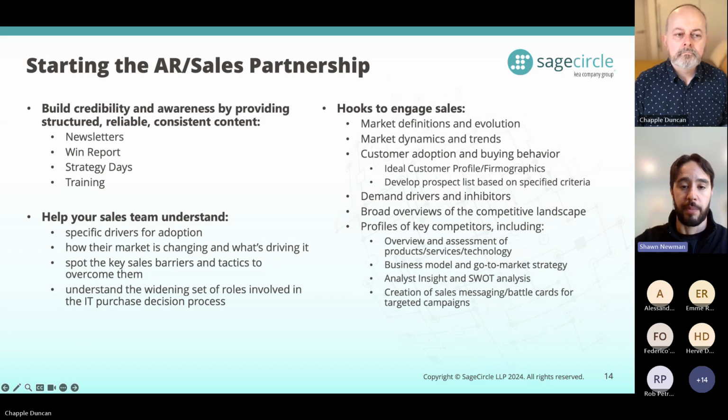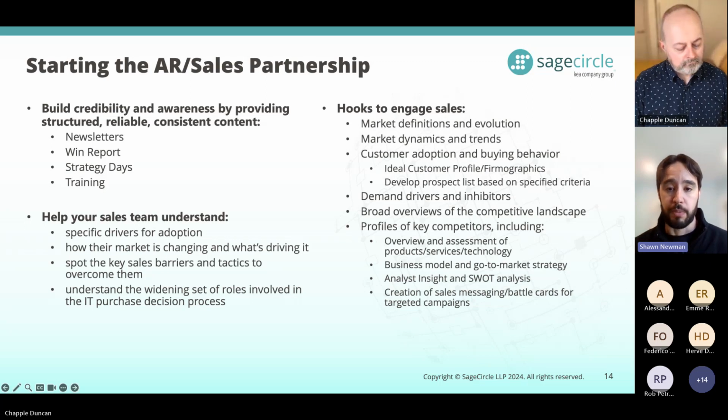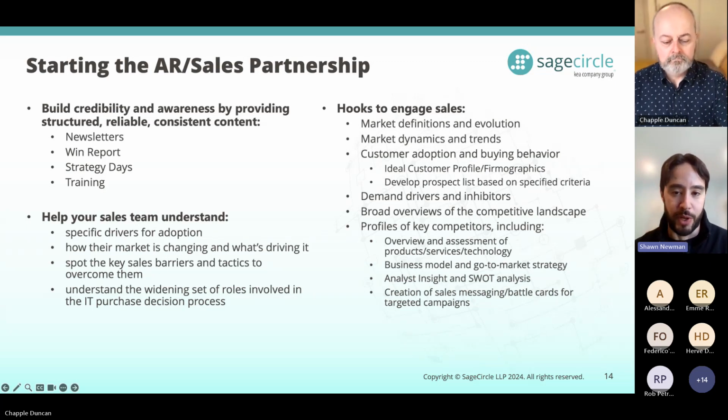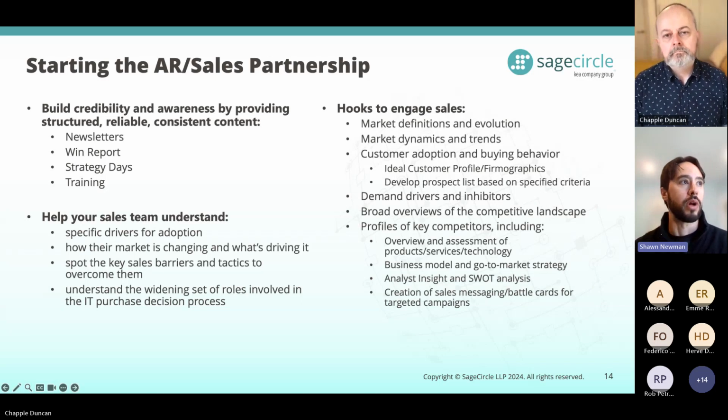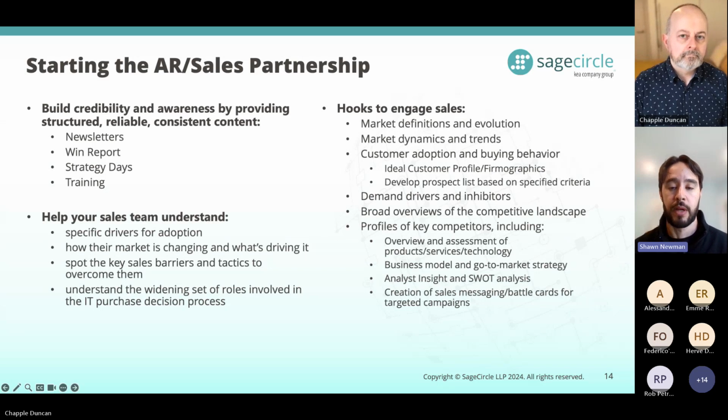So again, I'm not going to go through each one of these, but I think sales is really interested in, why are people buying? When do budgets fall? What are particular industry verticals that should be in my ideal customer profile? And you can compare these with your own customer data and really start to help them forecast, help sales management forecast. You can help them develop prospect lists and ideal customer profiles, again, at an organizational level.